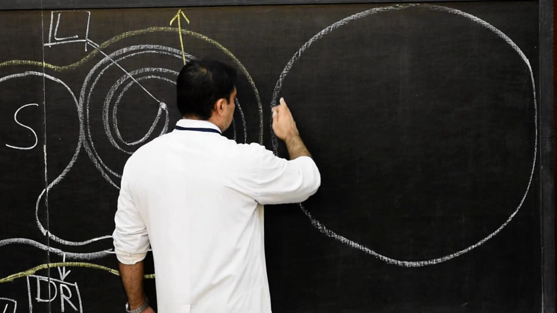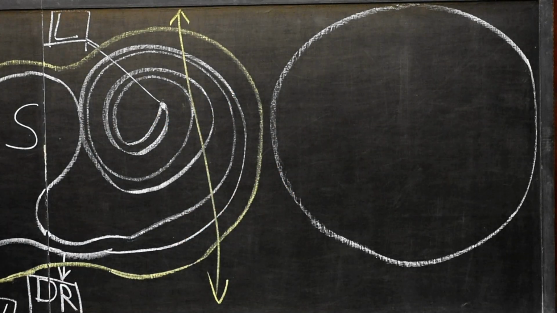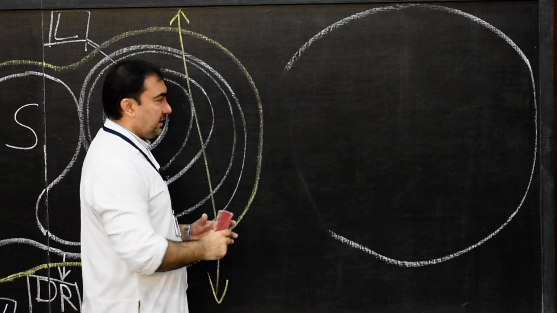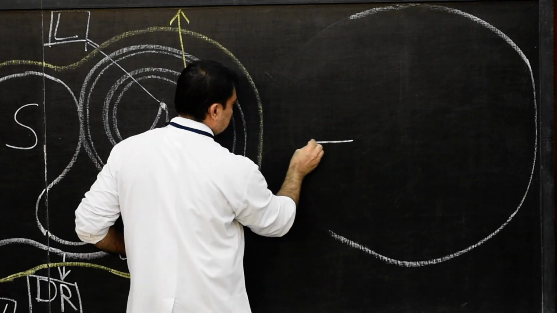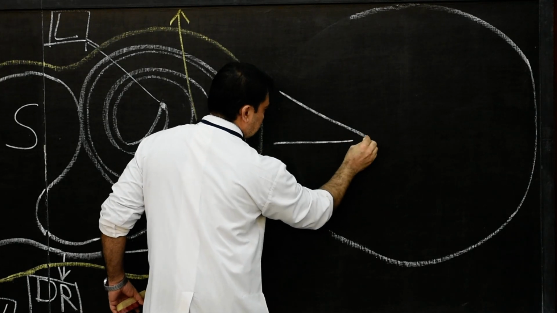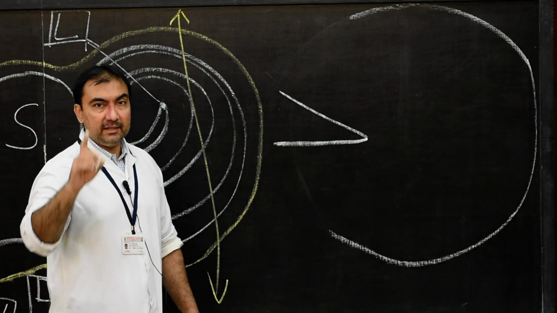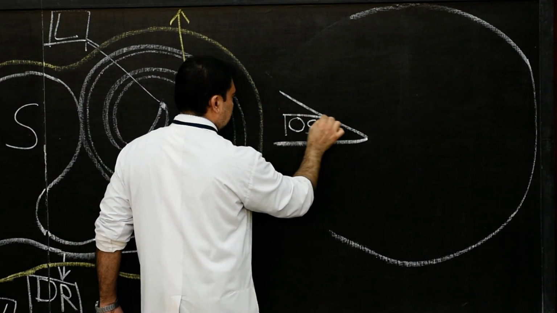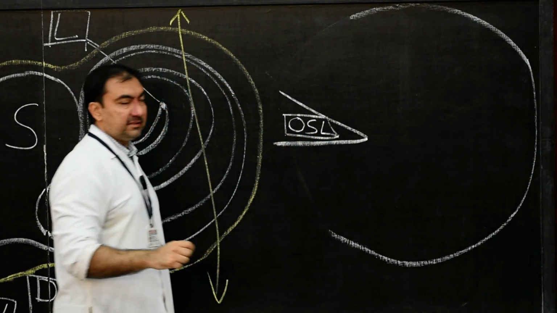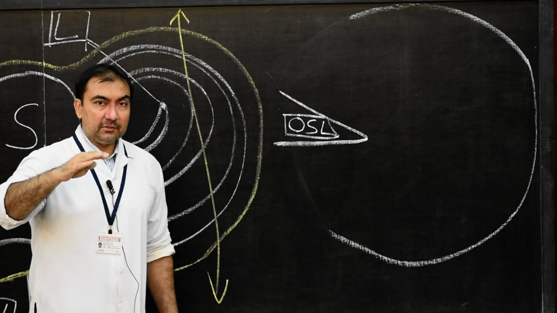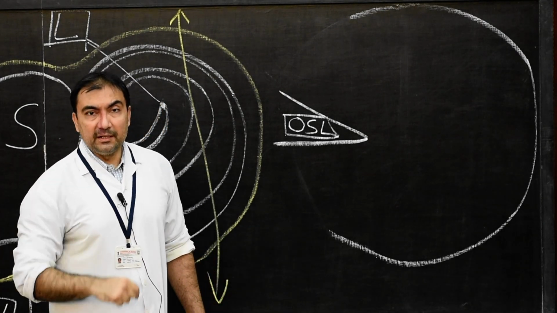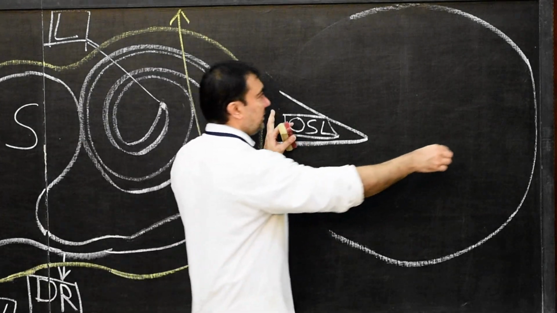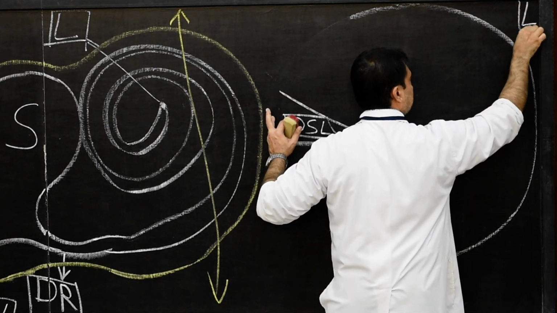Now here, this segment, I will keep it as medial. So therefore, in the medial segment here, I will just rub it off. And the medial segment, I want to make it as a small triangular piece of bone, which will be known as osseous spiral lamina. This we discussed yesterday. It was a bony partition located in the bony labyrinth of the cochlea, if you recollect. So osseous spiral lamina, this is the medial side, and here I will put the lateral side.